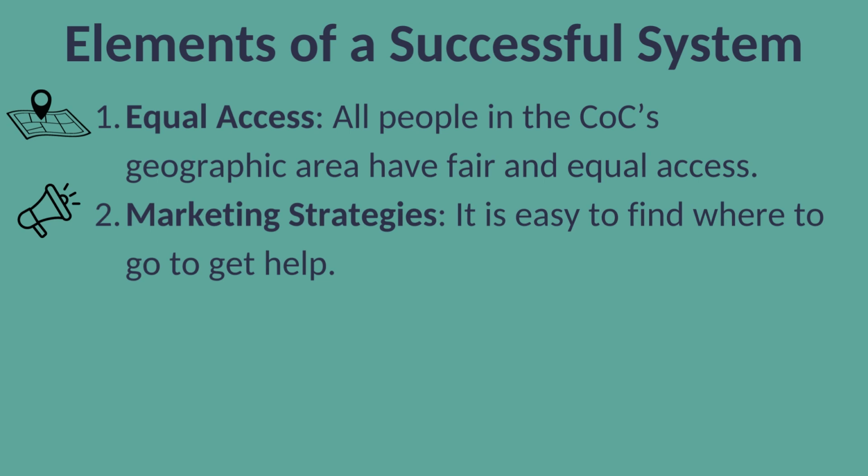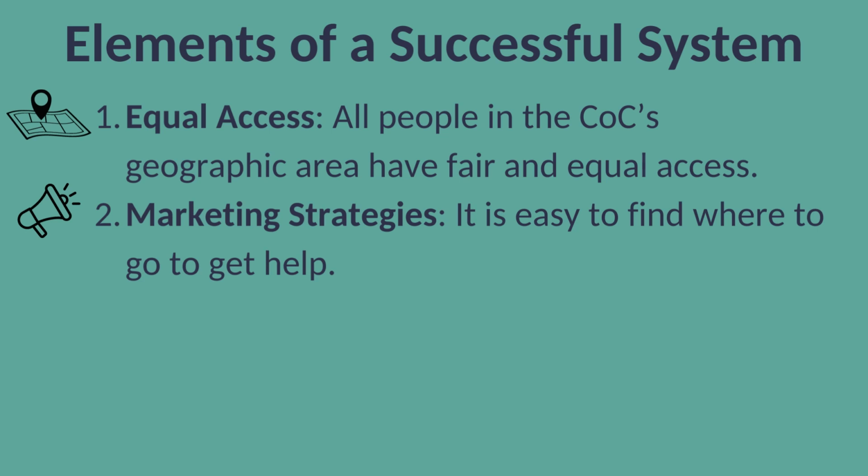Next is marketing strategies. This doesn't mean you need to be Don Draper from Mad Men. Marketing strategies may include direct outreach to people on the streets and other service sites, informational flyers left at service sites and public locations, announcements that are made during COC or other coalition meetings in the community, and educating mainstream